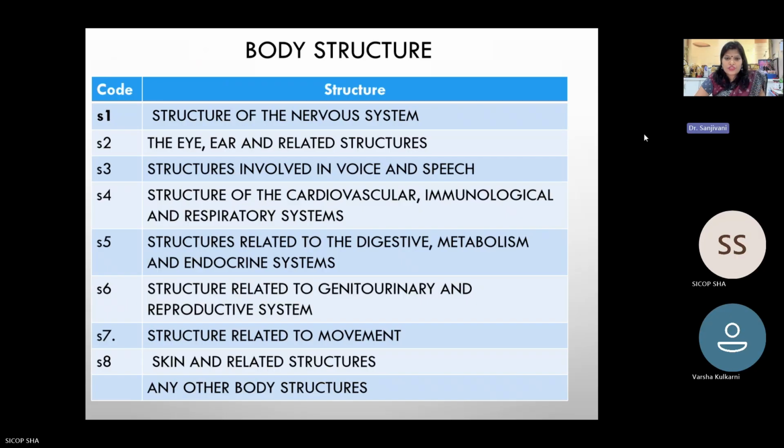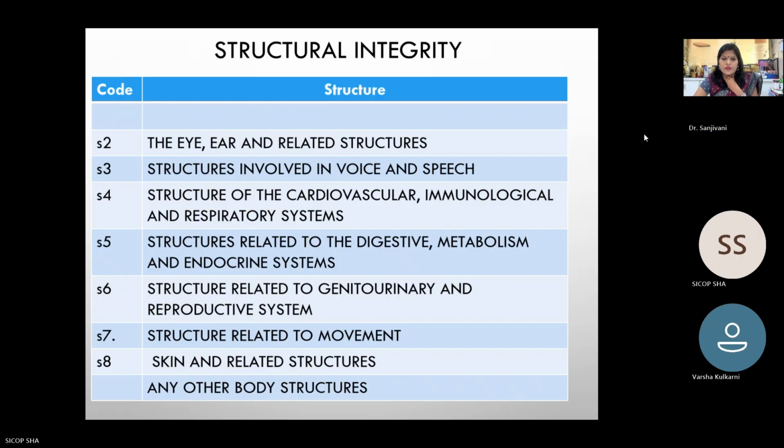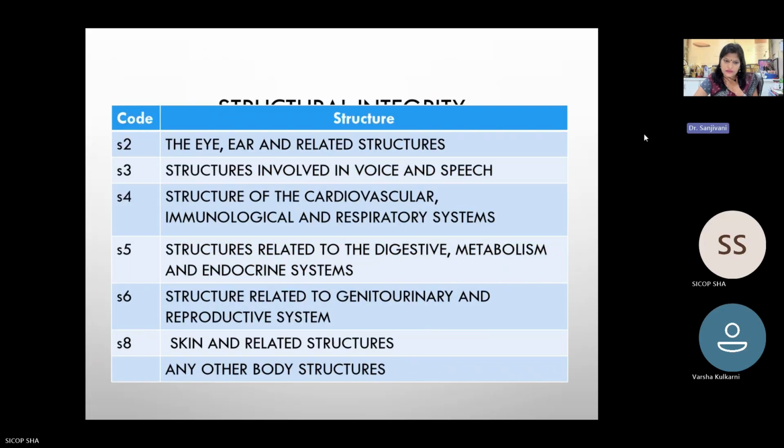So, as we initially saw, these are the structural impairments. In this 8th chapter we first see structural impairment. Now from this, which are the important ones? So first go for next. What are the integrity parts that we have to see? The first integrity we see is the structure of the nervous system. So go next. It is not integrity. Next. Go for next. Again next.